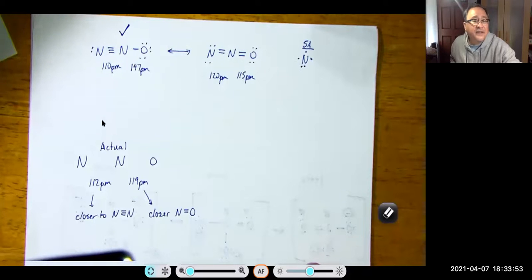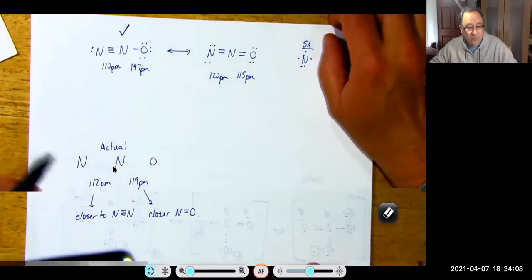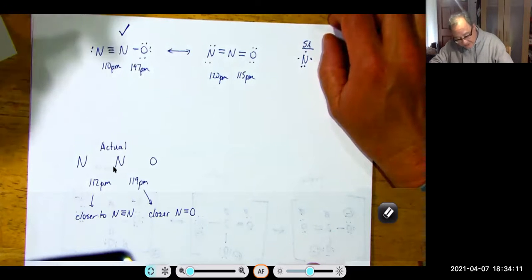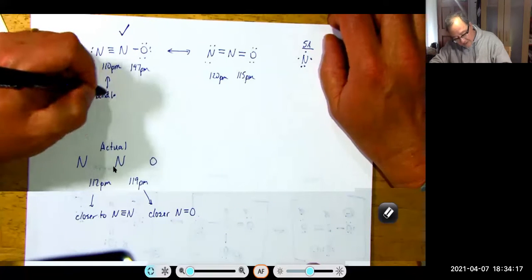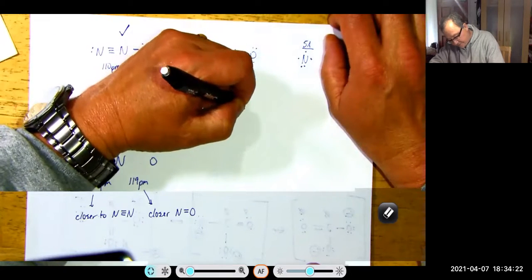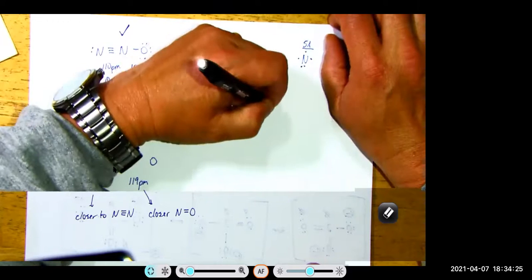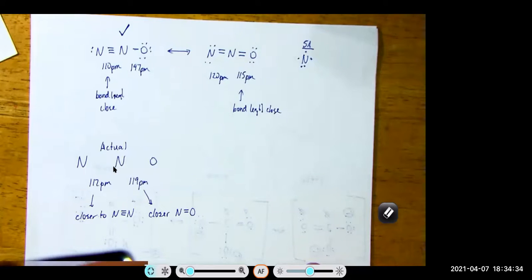So when we go to the question here, which resonance structure has a greater contribution to the overall structure of the molecule? I'm going to say, well, that's kind of a red flag. It looks like they both contribute because in this case, this bond length is closer, and in this one, this bond length is closer, right? So I'm going to have to say, you know what? They both look like they contribute pretty equally. You with me? It's almost like